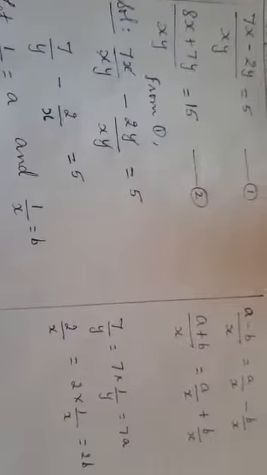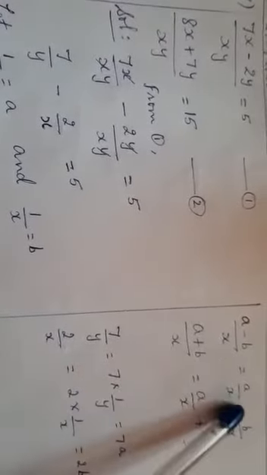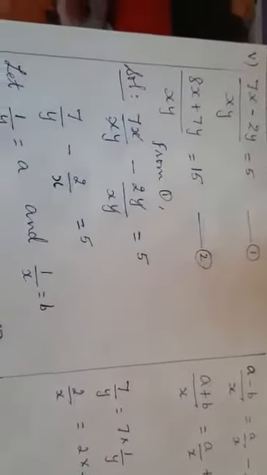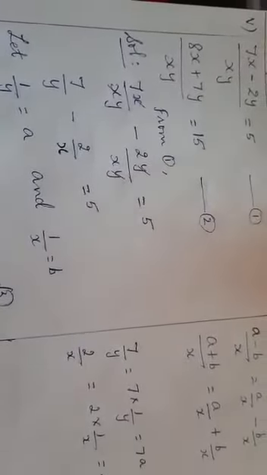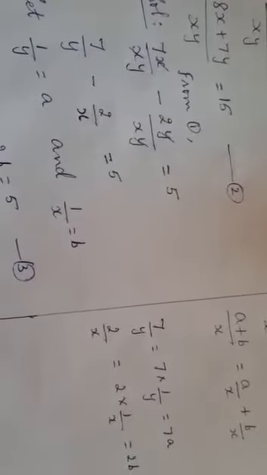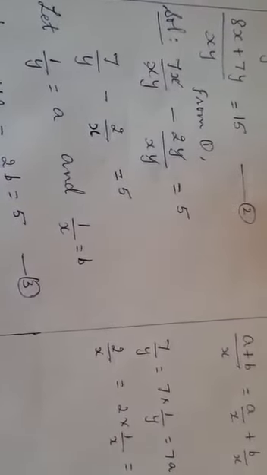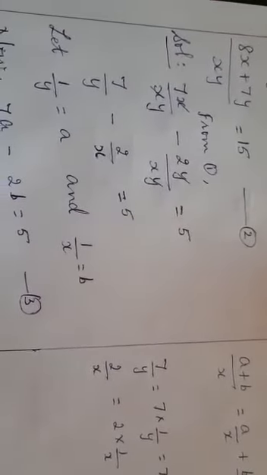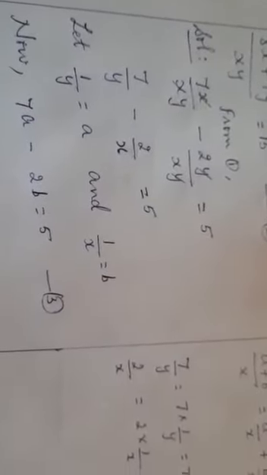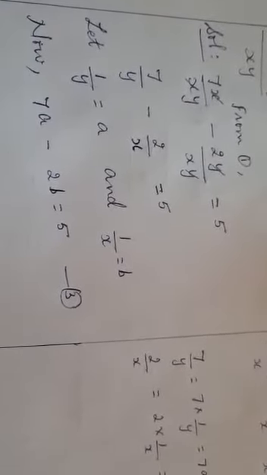Now we know that (a - b)/x can be written as a/x - b/x, and (a + b)/x can be written as a/x + b/x. In the same way the first equation can be written as 7x/xy - 2y/xy = 5. Now x and x get cancelled, so we get 7/y, and y gets cancelled in the second term, 2/x = 5. Let 1/y = a and 1/x = b. We can assume this as a and b. Now the equation becomes 7a - 2b = 5.